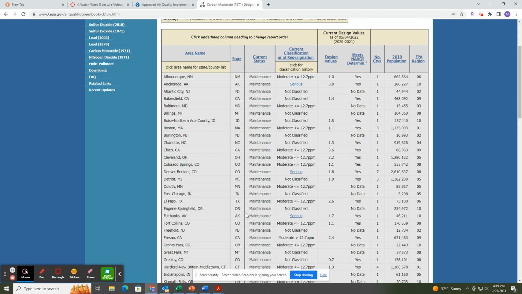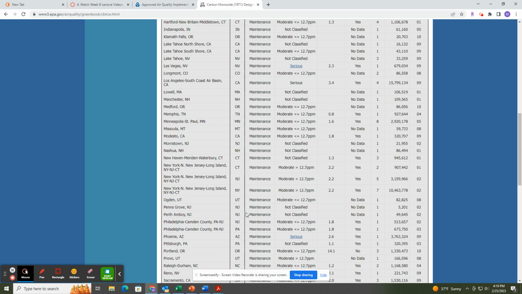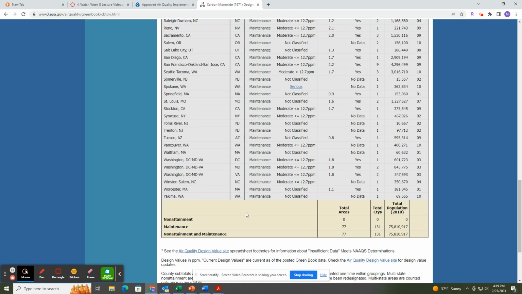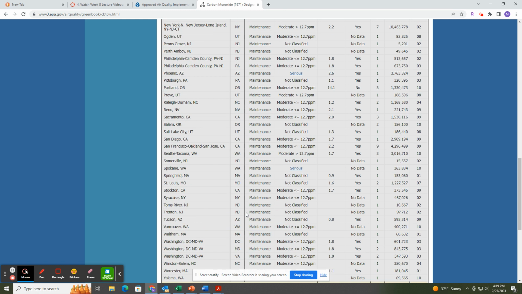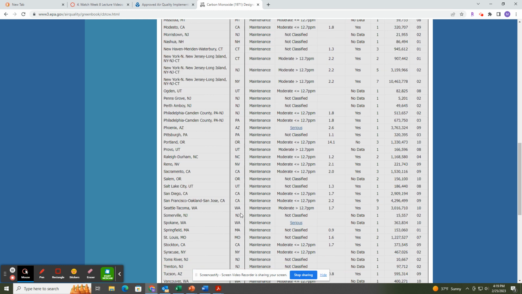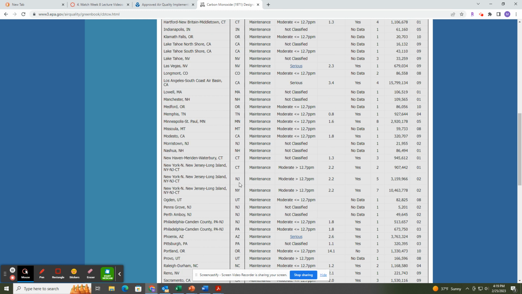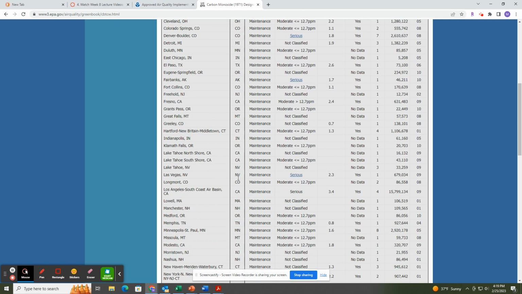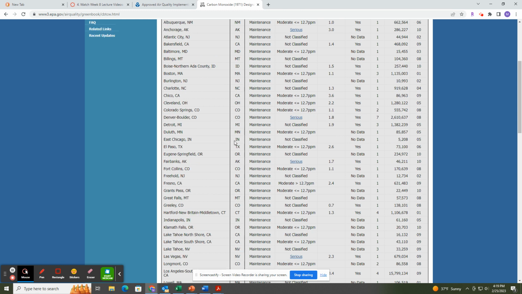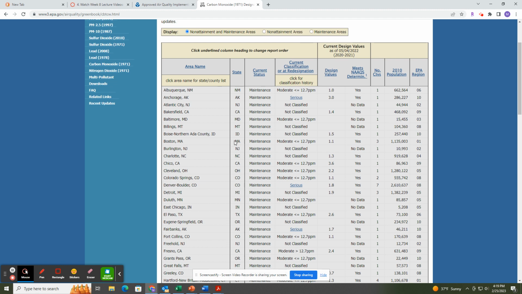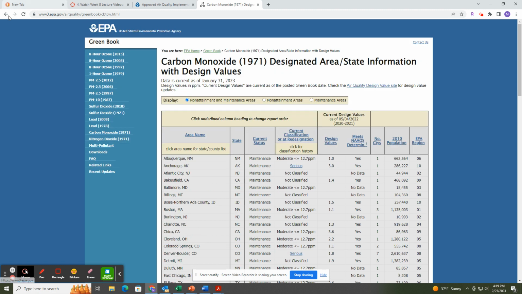I'm going to scroll down real fast, but look, nothing for Illinois. So New York, it's in Syracuse, a bunch of places in New Jersey. This is the New York, New Jersey, Long Island area, Connecticut, Indianapolis, they're in maintenance mode. So this is a really cool website.